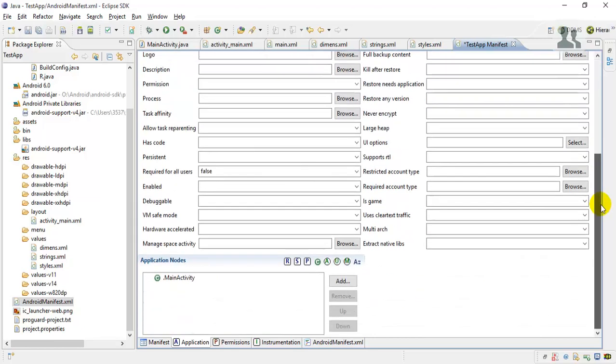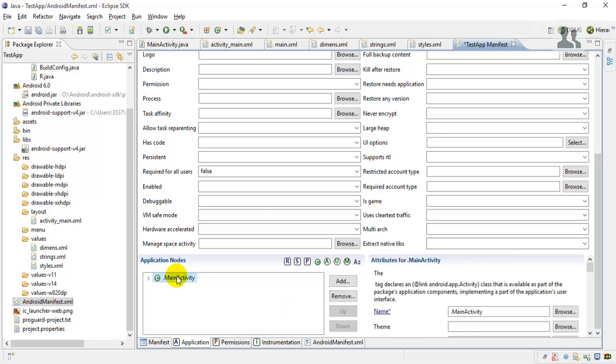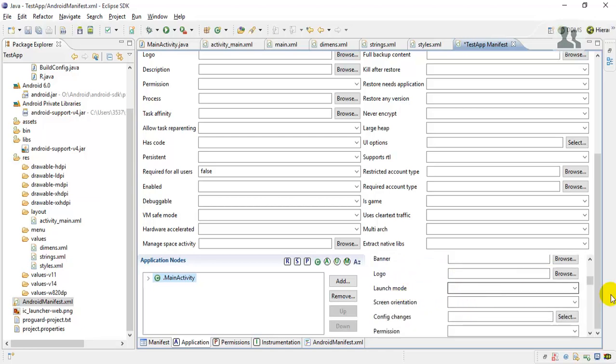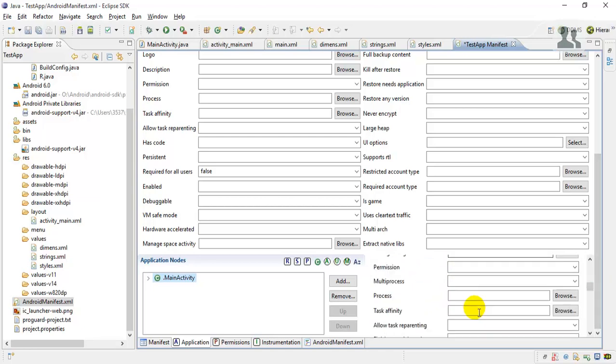The list of Android activities is also here, where the main activity is, and for the activity the attributes will be displayed here: the name of the activity is MainActivity, and the theme, label, description, icon, banner, launch mode, screen orientation, configuration changes, and different types of attributes.